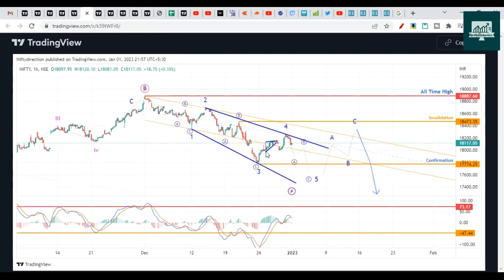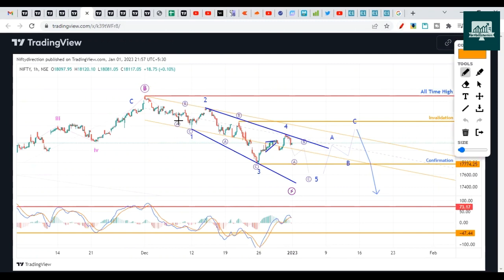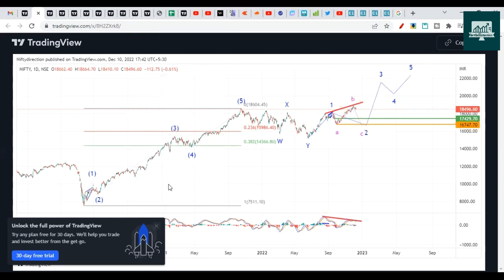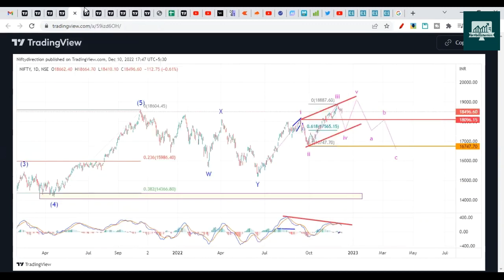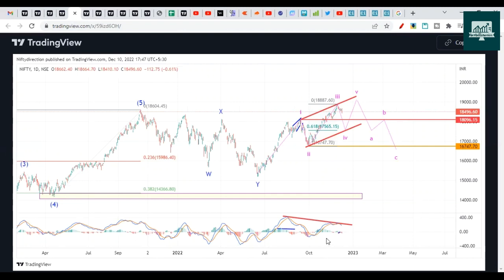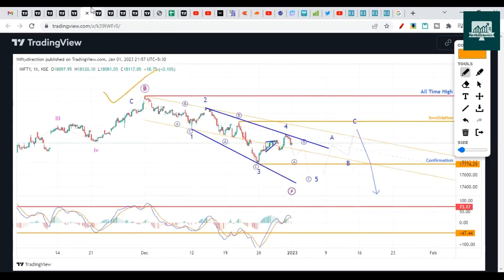And yeah, this was the short-term view. Again, we discussed on Jan 1st that this could be the potential movement, and this could be an expanding 3-3 wave structure, a leading diagonal pattern. So this chart is also valid. And the main chart that we discussed is also looking valid now. It is not invalid unless it breaks 18,888, which is the swing high. Right now it's far away from that swing high, 1,000 points down. So it's better to consider the bearish approach than the bullish approach, because there is a negative divergence, and there is a lot of negative news as well.